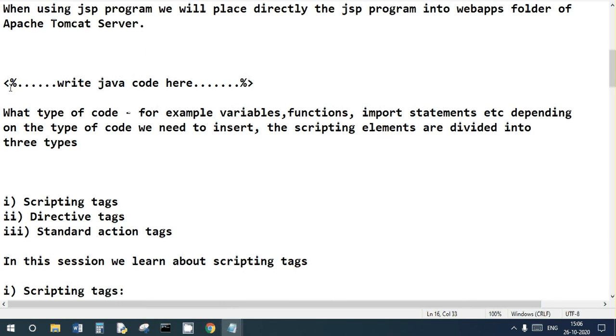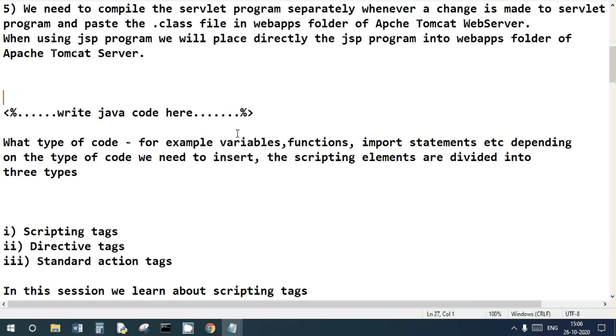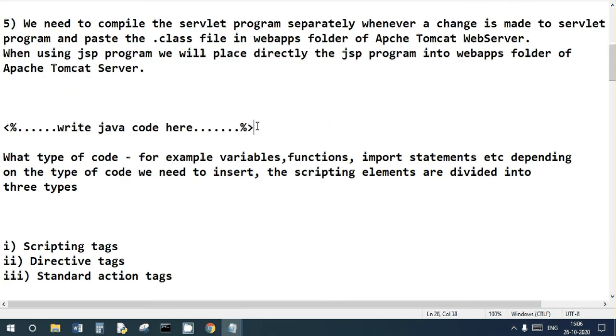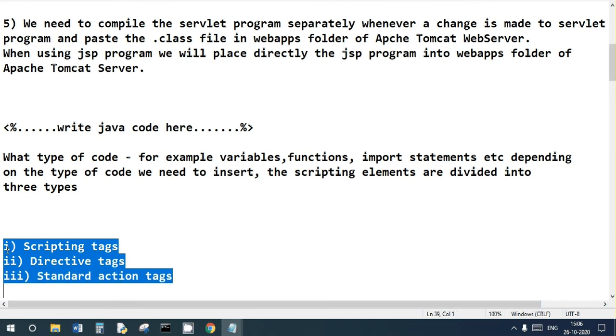Whatever Java code you need, place it inside these tags, for example variables, functions, import statements. Depending on the type of code we need to insert, the scripting elements are divided into three types: scripting tags, directive tags, and standard action tags.